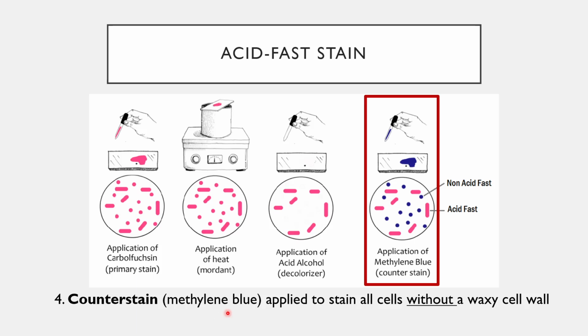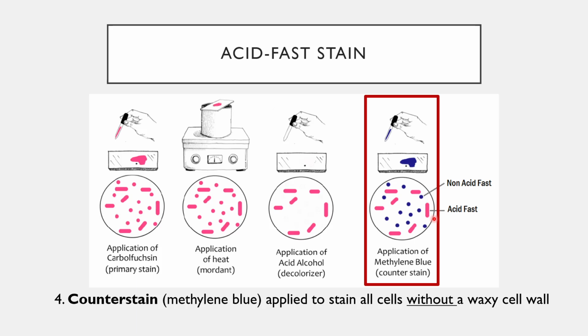At the end of it all, you would expect cells with a waxy cell wall, which we call acid-fast cells, because their color stands up in the presence of acid alcohol decolorization. These cells are pink in color, whereas non-acid fast cells, ones for which the color was pulled out of them, drawn out of them by the acid alcohol wash, are now purplish blue in color because they took up the counterstain. The pink ones, the ones with the waxy cell walls, could potentially be Mycobacterium tuberculosis or